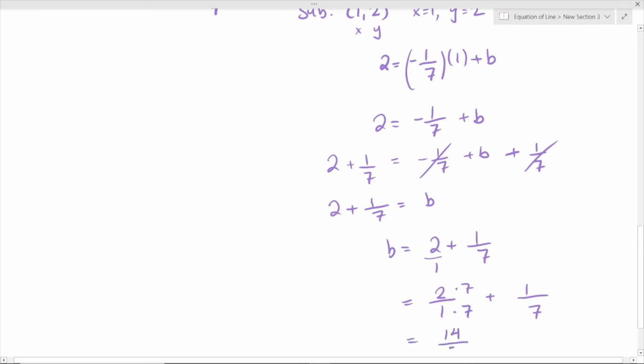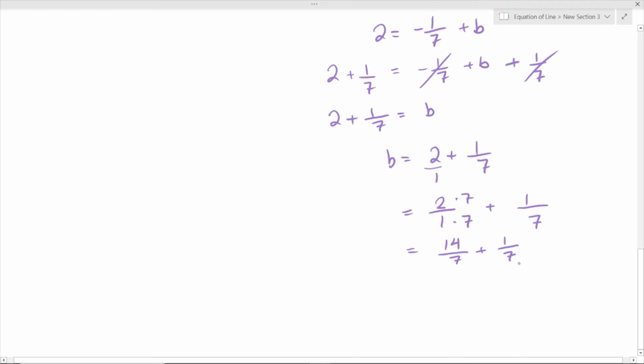This is over 7, and then plus 1/7. So now we have the same denominator. So 14 plus 1 is going to give us 15, okay, and this is over 7, and we can't simplify this fraction, so that means this is our final answer for B, and then now we just have to plug in our B back